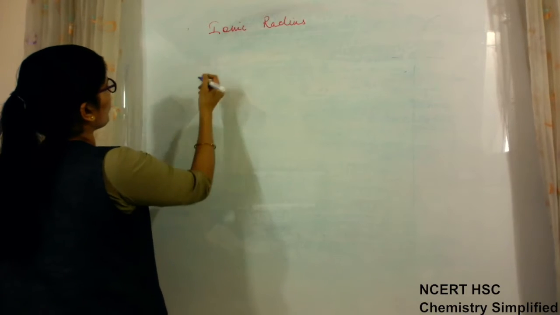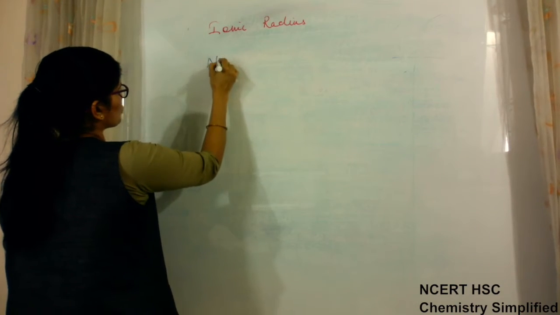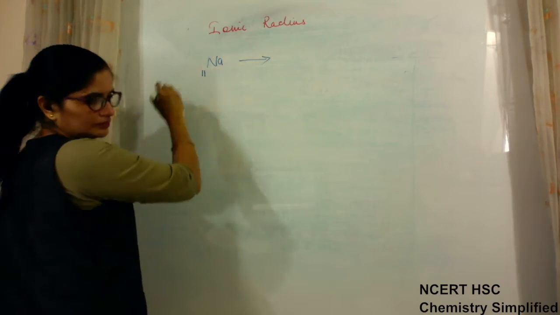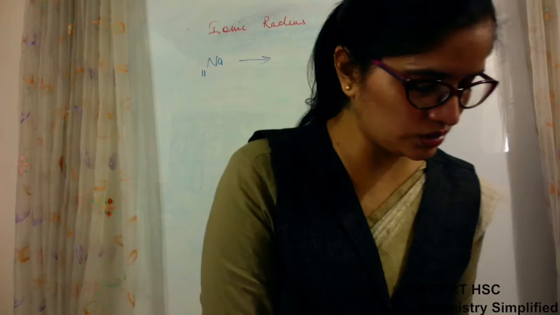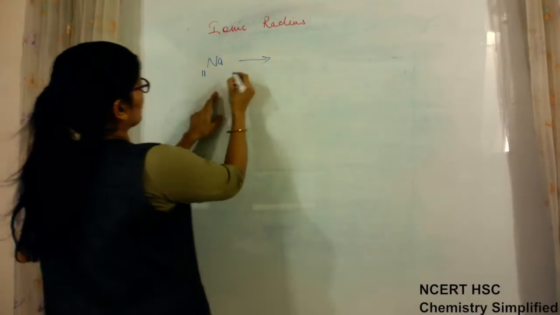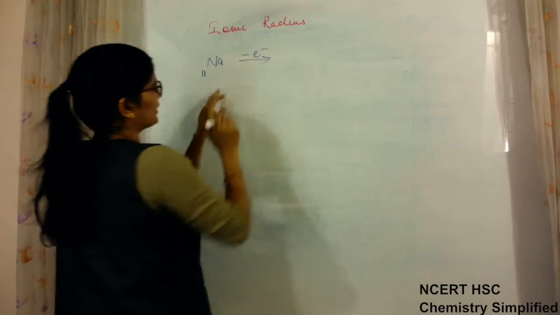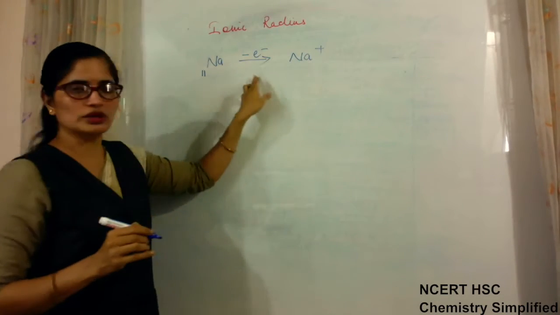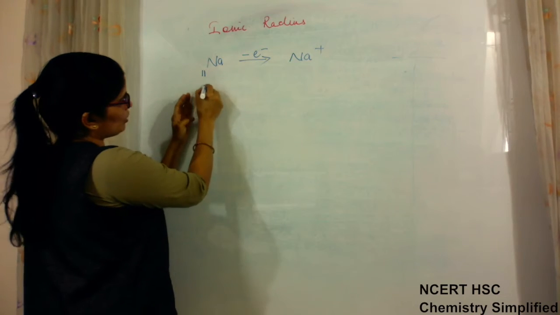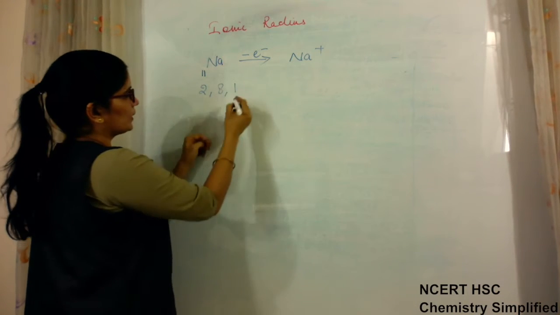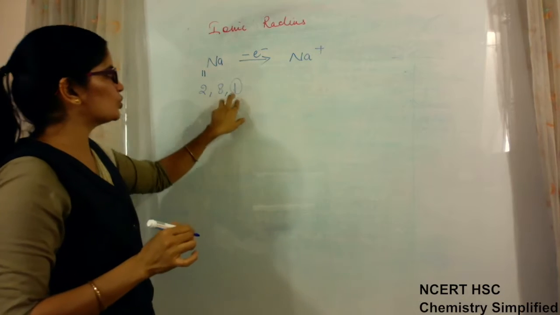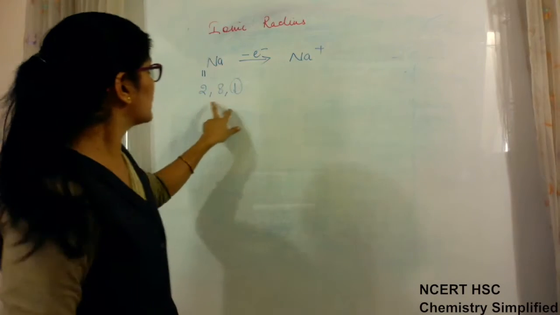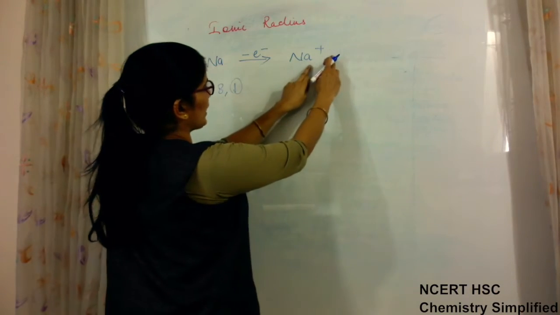So when we talk about positive ions, we will take the example of sodium. Sodium atomic number is 11. Okay. Now sodium, by losing its electron, minus 1 electron, will become Na positive. And why will sodium lose 1 electron? We know this because its configuration is 2, 8 and 1. This 1 electron it wants to lose to become stable, having 2 and 8 in the outermost shell. Okay. Now when it is losing, it is becoming Na positive.